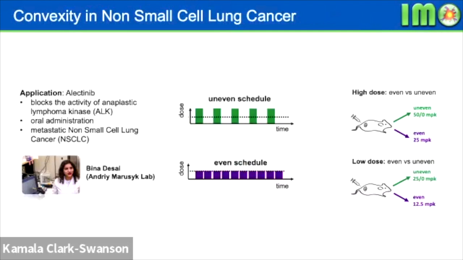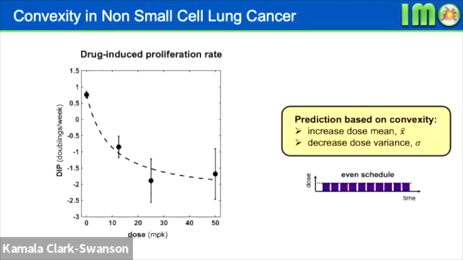The first cohort was given a high dose where we gave the green schedule and the purple schedule. And then the second cohort was given a lower dose. So in total, we have 4 different groups, and those 4 different groups are given ALK inhibitors in a non-small cell lung cancer model. So we could plot the dose response curve for these mice, and you might notice that